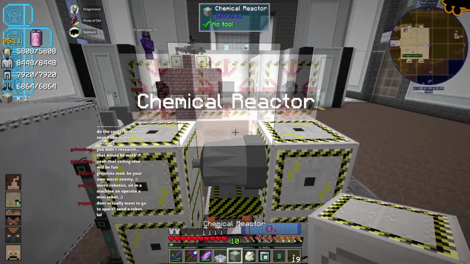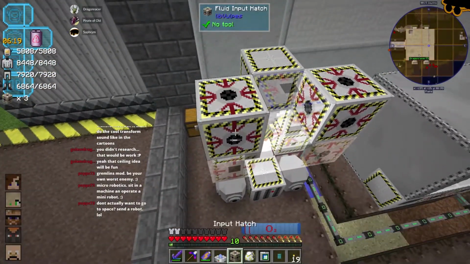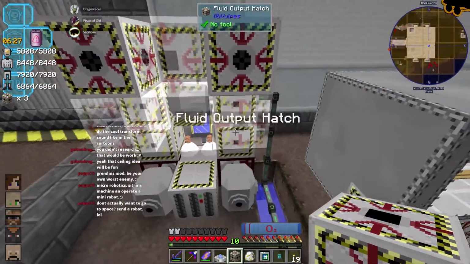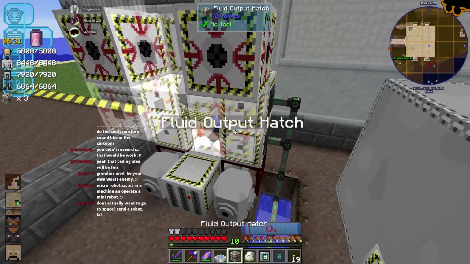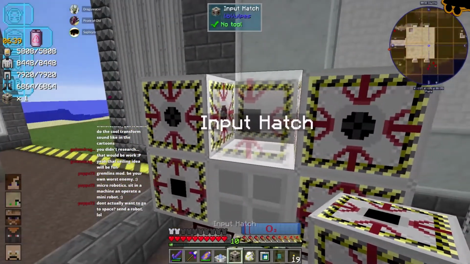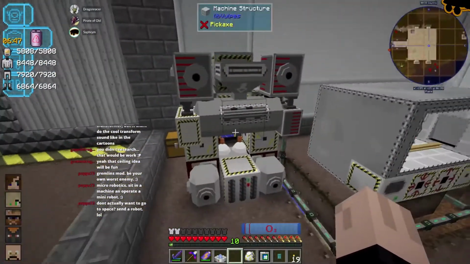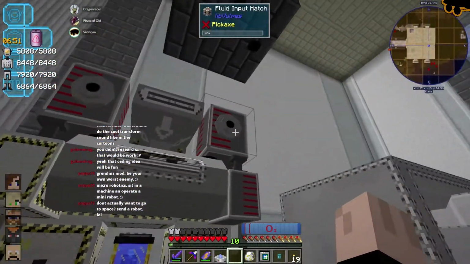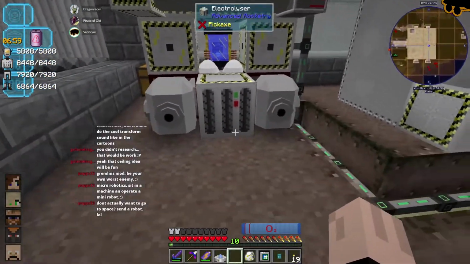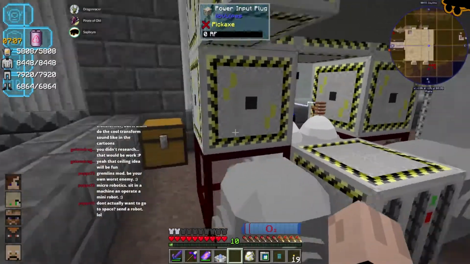All right, let's put the actual chemical reactor right there. Fluid input hatch there. There. Your fluid output hatch. Yeah, okay. Fluid output hatch can go here. Machine structure can go here. Output hatch here. And then input hatch here. Right click that. It forms. Now these are the inputs here. These are the outputs here. All right. Oh, you already powered it up? Cool. Yep. Thank you, sir. No problem. All right. This should already be getting its water and creating...